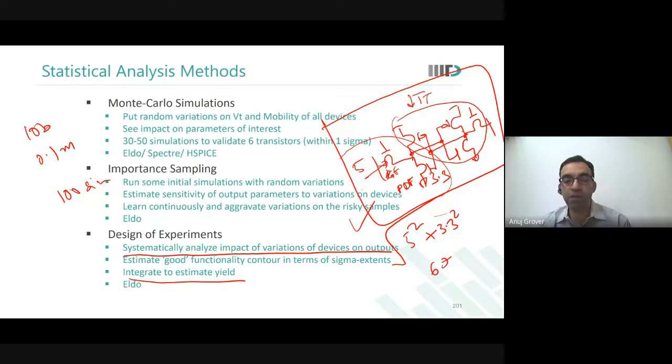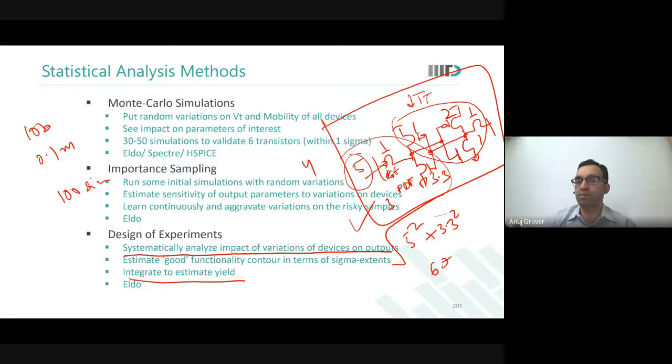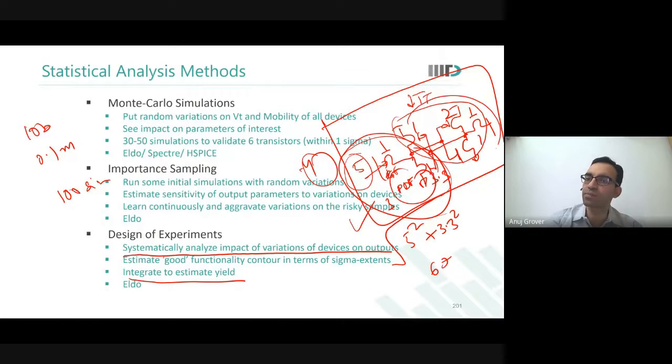में Important sampling में वो क्या कर रहा था, वो मोंटे कार्लो के सैंपल्स ऐसे जनरेट कर रहा था कि यहाँ पे 5 और 3.3 की जगह he would generate random samples of 4, 3 और यहाँ पे भी 1, 2, 1, 1 कुछ डालता रहेगा. Importance sampling was still a Monte Carlo method, just that it identified the sensitivity of SNM is high on these devices. So it was putting more variations on these devices and lesser on these. It is something like machine learning happening inside the simulator.